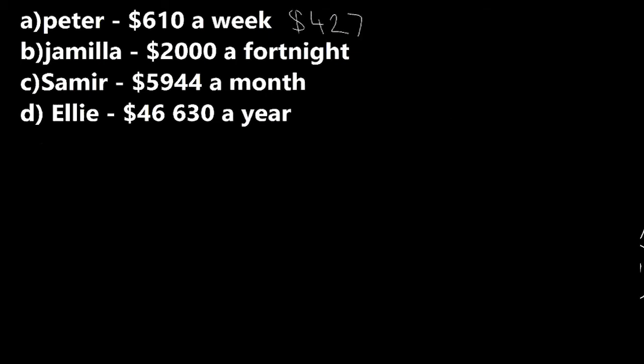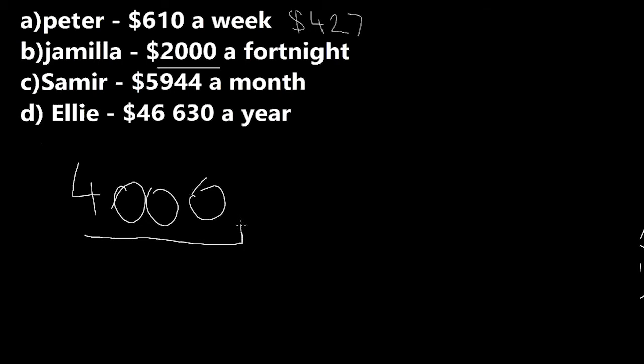Okay, so moving on to Jamila, who gets $2,000 a fortnight. So remember, a fortnight is already 2 weeks, and we want to try and get 4 weeks. So if this is 2 weeks pay up there already, we simply need to double it and we'll be on 4 weeks pay. So I can do that in my head. 2,000 times 2 is $4,000 for 4 weeks pay. So if I want to take my